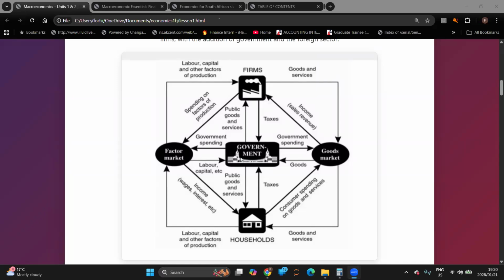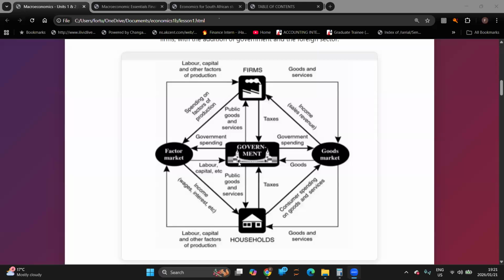And also ensuring that it produces in larger or sufficient quantities elements like education, where the government plays an active role in provision of education, provision of healthcare, provision of national security, Ministry of Justice, correctional services, etc., in order to ensure that you have a balanced